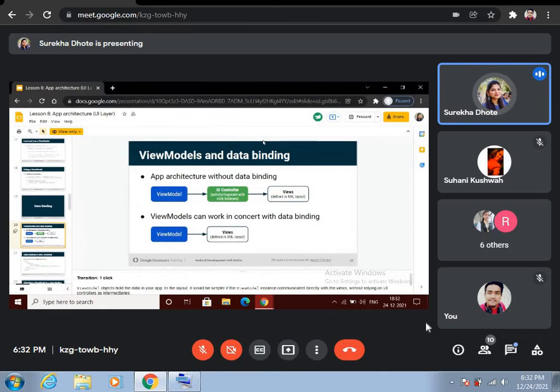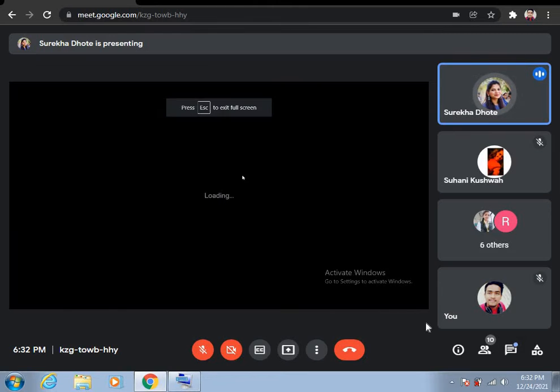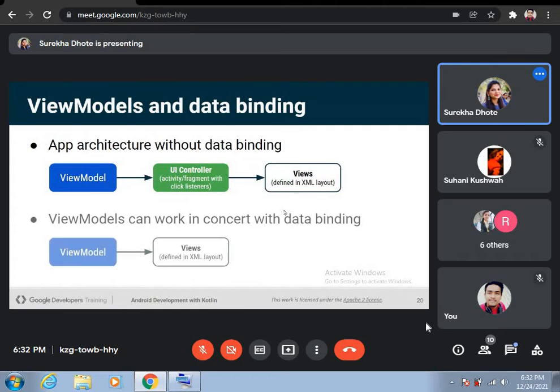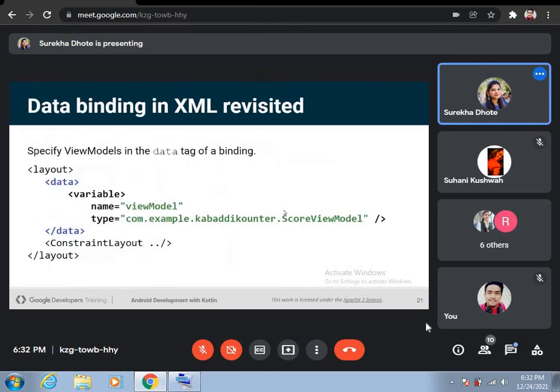In the layout, it would be simpler if the view model instance communicated directly with views without relying on UI controllers as intermediaries. View models can work in concert with data binding. Here is data binding in XML form.